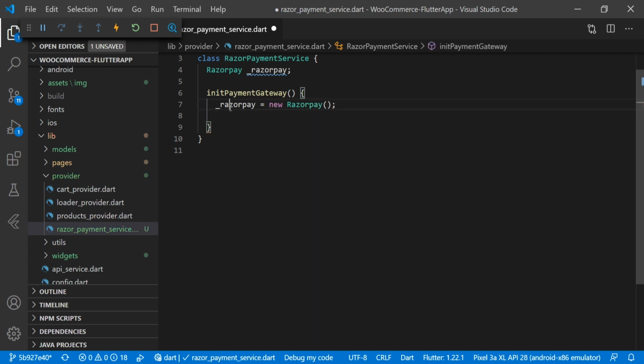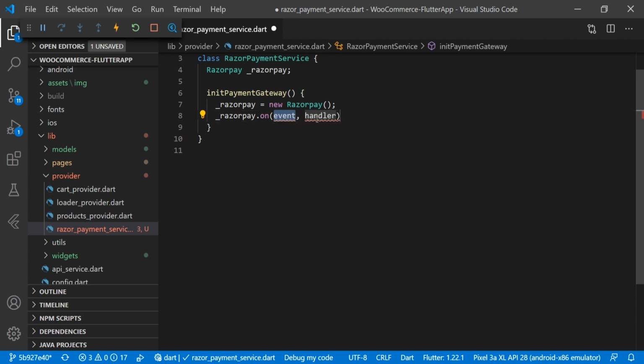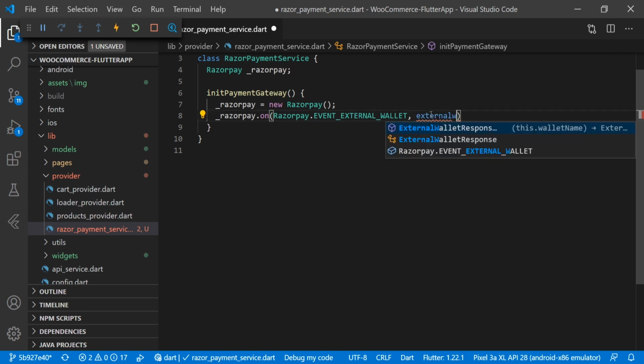Then we will call Razorpay.on and pass the events, Razorpay.EVENT_EXTERNAL_WALLET, with a handler for external wallet.